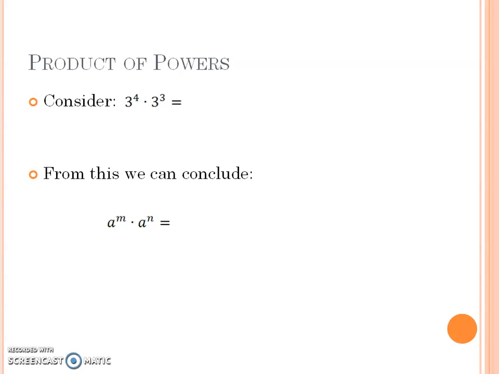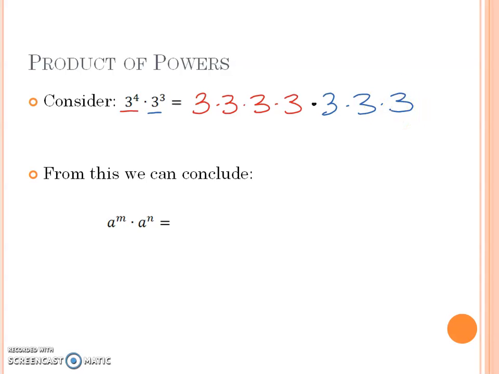Okay, now we are going to quickly review our exponent rules, our rules for exponents. So the first one we're going to start out with is 3 to the 4th power times 3 to the 3rd power. Some of you might remember what the answer to this is, but to help us figure it out, we're going to use our knowledge that we had before. If I have 3 to the 4th power, that means that I have 4 3's being multiplied together. If I have 3 to the 3rd power, that means that I have 3